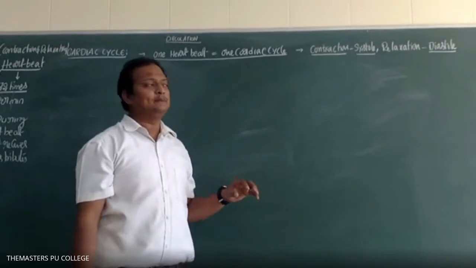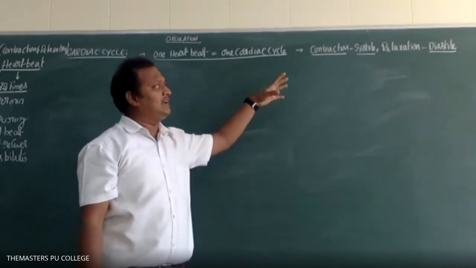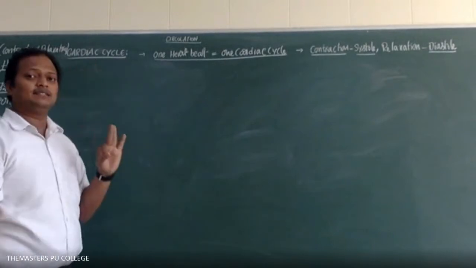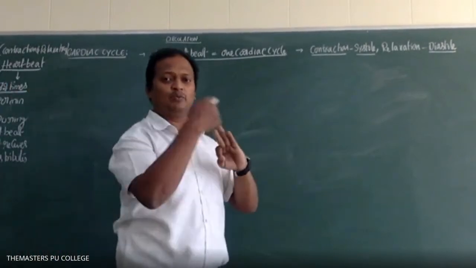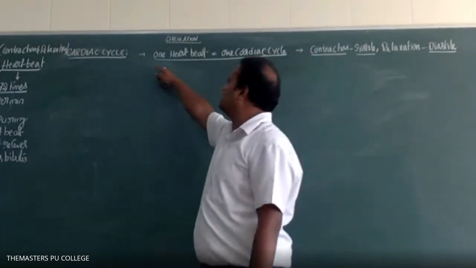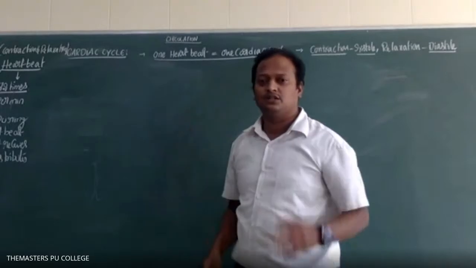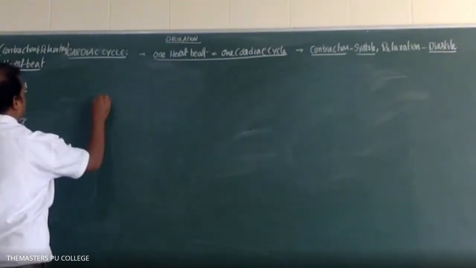Right. So here, contraction is systole and relaxation is diastole. So in one cardiac cycle, three steps take place and they repeat. So that is why it is called a cycle. So the cardiac cycle is nothing but one heartbeat. So what are the three steps? The steps are